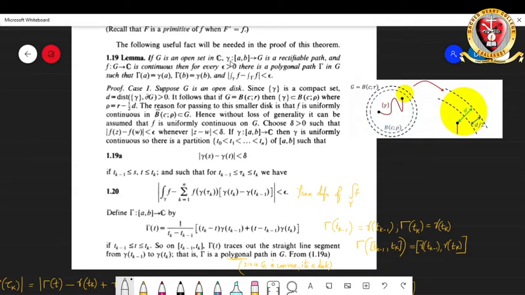You can see from the statement that this gamma is from the closed interval [a, b] to G. That means the curve is inside G. So suppose this is the curve, this gamma, and G we took to be an open disk. Let it be the larger disk, the dotted lines here, that is G equal to B(c, R) with c the center and R the radius. Suppose c is somewhere here, and since the trace of gamma is compact and this open disk is open,